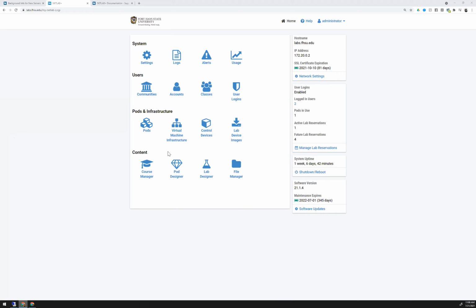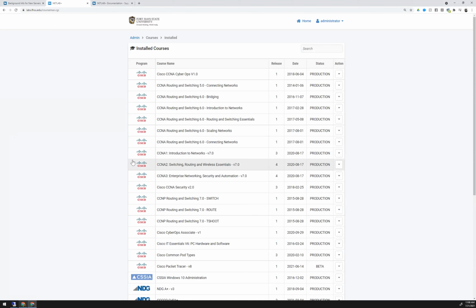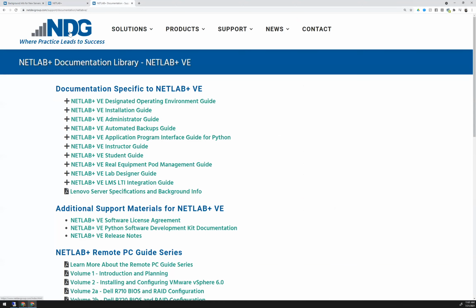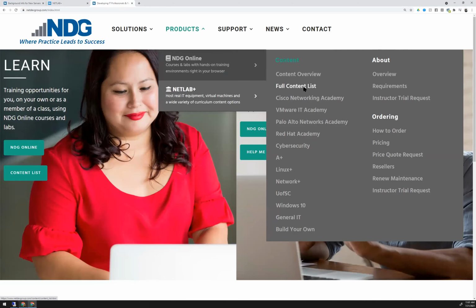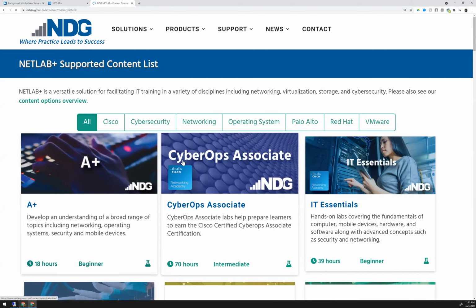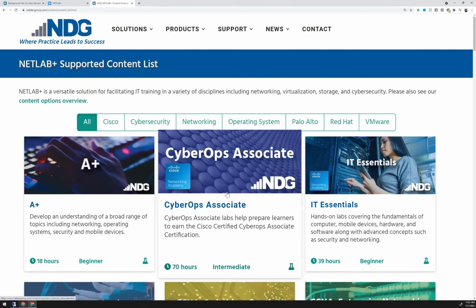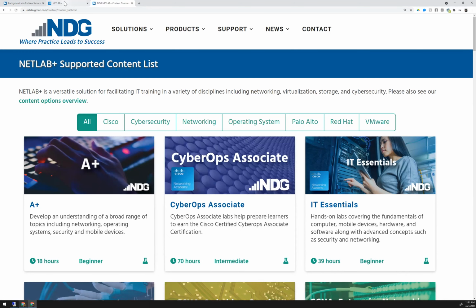All right, moving our way here, I'm going to jump over pods and infrastructure and come down to content to get started. We have a course manager down here. This is where you're going to install the content to your system. If you're not familiar with all the content we have out there, you can go to our main website, go to NETLAB Plus, and see our full content list, all the different vendors that we support and the different content. Once you've decided, hey, that's the one I'm going to install,